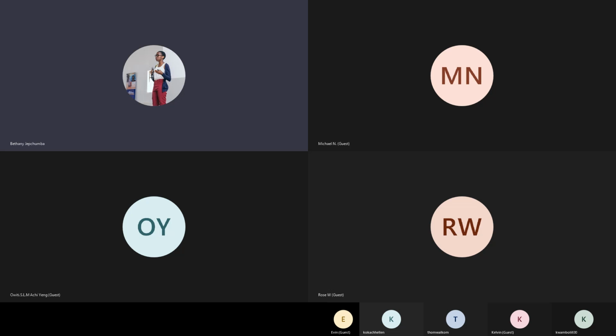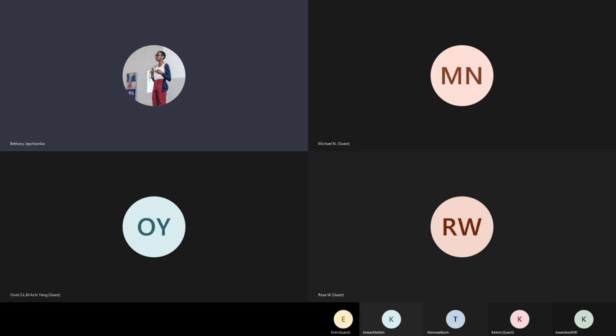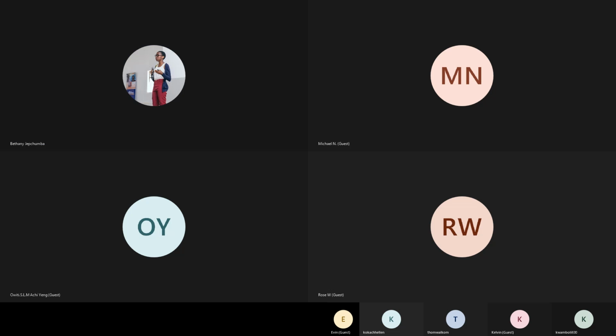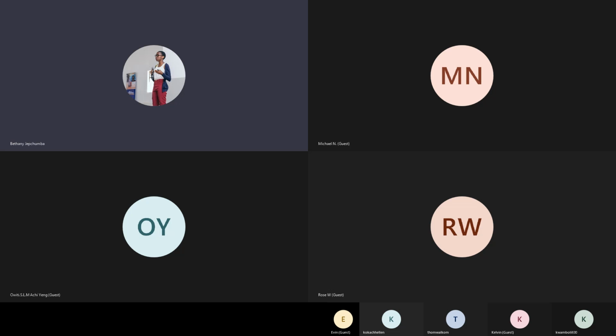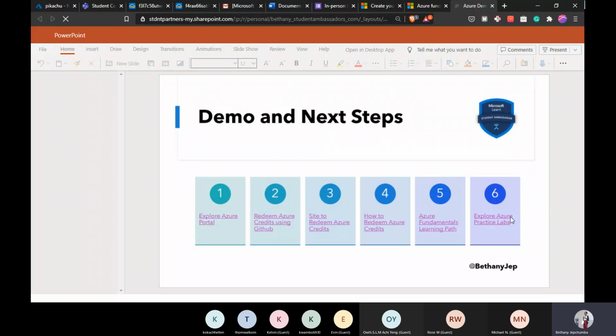So there's the learning path on Azure. No, there are the practice labs on GitHub that you can see and then practice on your own as you go. So there are different labs to help you practice what you learn on the Microsoft Learn path. So yes. And lastly, I think that is all from my end. Yes. So you can explore the labs at